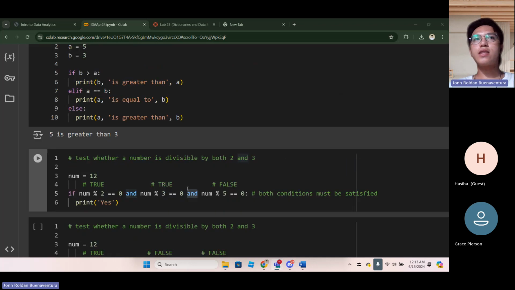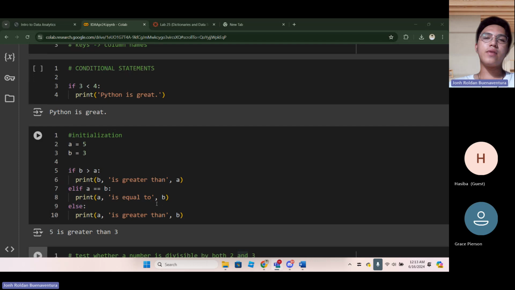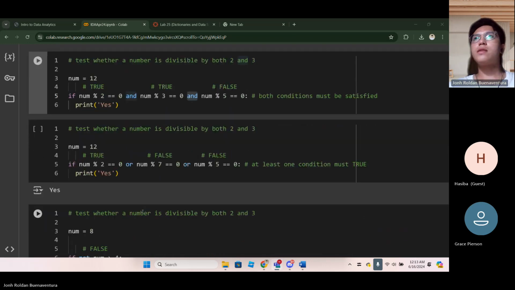And on the conditional statements, just like what I said a while ago, if we analyze it, it is just a combination of true or false. If a certain condition is true, the chunk of code below it will be executed. And we can have multiple conditional statements.